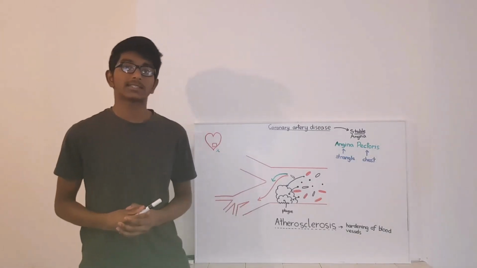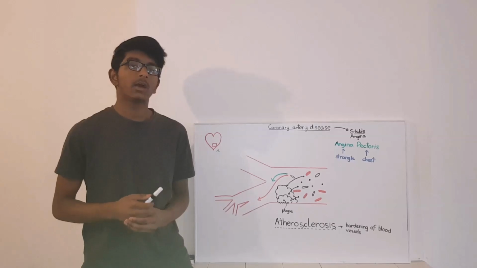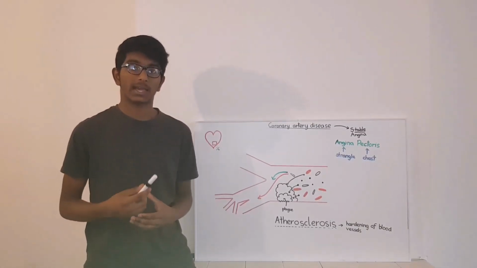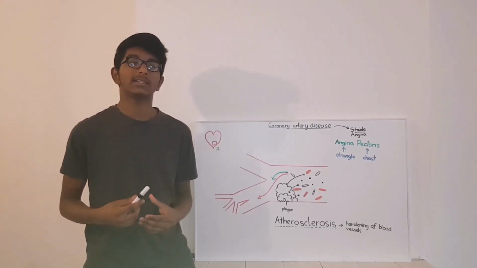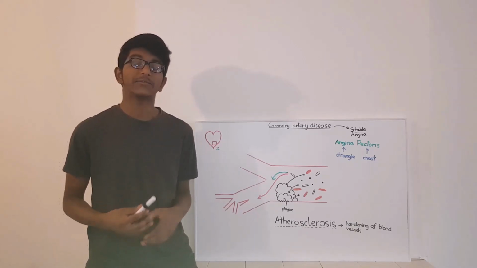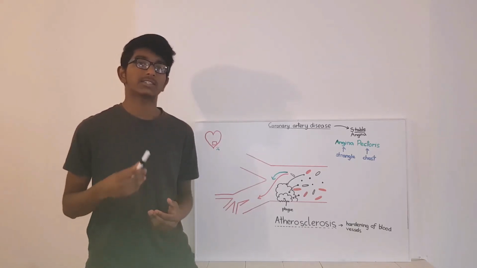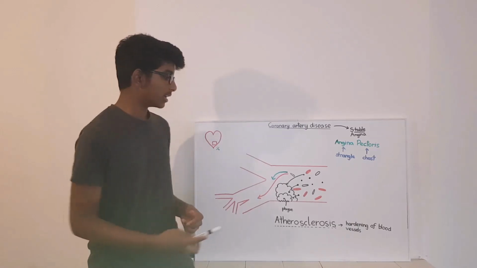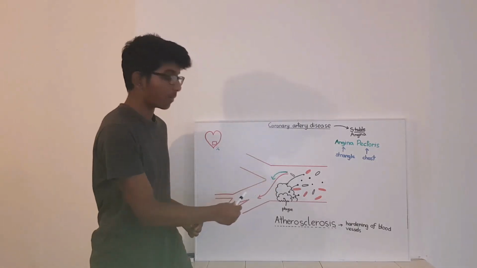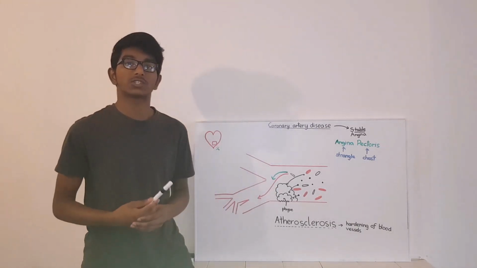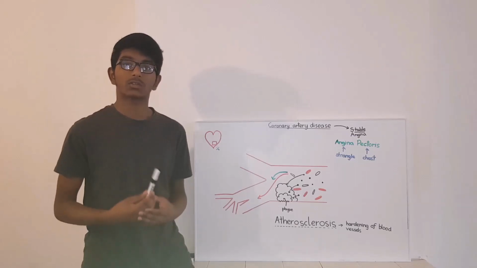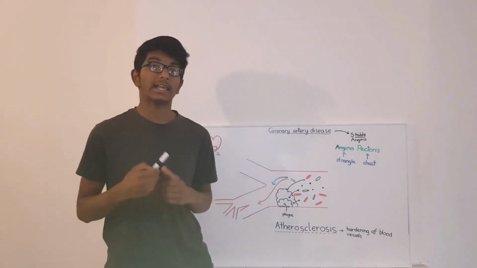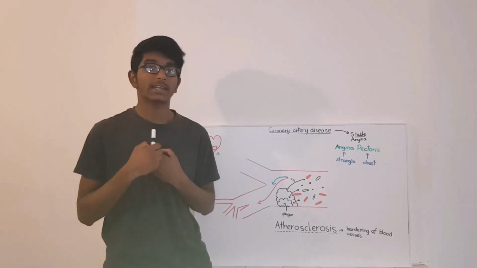So earlier when I said you can control your pain, what I meant is that if you stop doing exercise, you're basically telling your heart to do less work. And if you're doing less work, your heart needs less oxygen. So all of a sudden, the blood that's making its way past the plaque is just enough to supply the heart muscles with oxygen. So now you wouldn't be getting that angina pectoris symptom, or a strangling in your chest